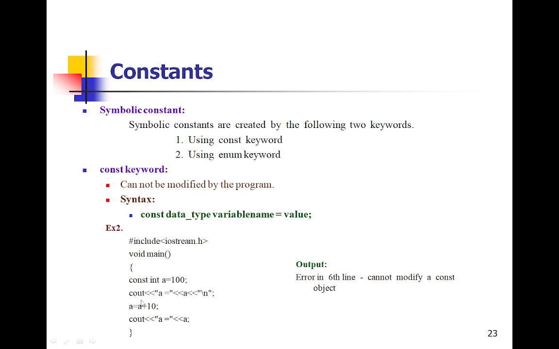So here we are going to display with cout the value a plus 10. We have tried to increase the value of a, so the error will happen: cannot modify the constant object. If you want, you can copy that and type this command in your compiler, whether it is an online compiler or Turbo C, and you can get experience of how it produces